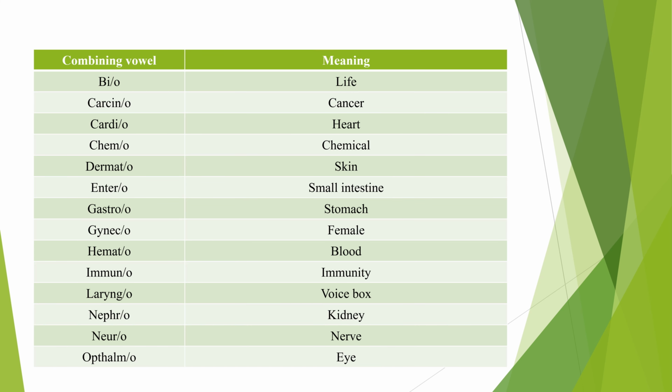This slide introduces some common combining forms. Bio means life, carcino refers to cancer, cardi means heart, chemo chemical, dermato skin, entero means small intestine, gastro stomach, gyneco means female, hemato means blood, immuno immunity, laryngo voice box, nephro kidney, neuro nerve, ophthalmo